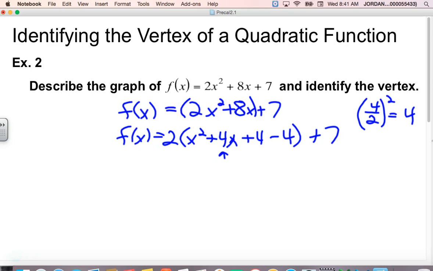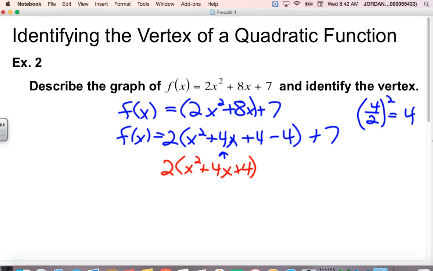Alright, now we're going to group the first 3 terms together and bring the minus 4 out. So if we group the first 3 terms together, we would have this situation right here. Okay, and we're going to put those in parentheses. But notice the 2 in the step above was going to be distributed to all 4 of the terms, including